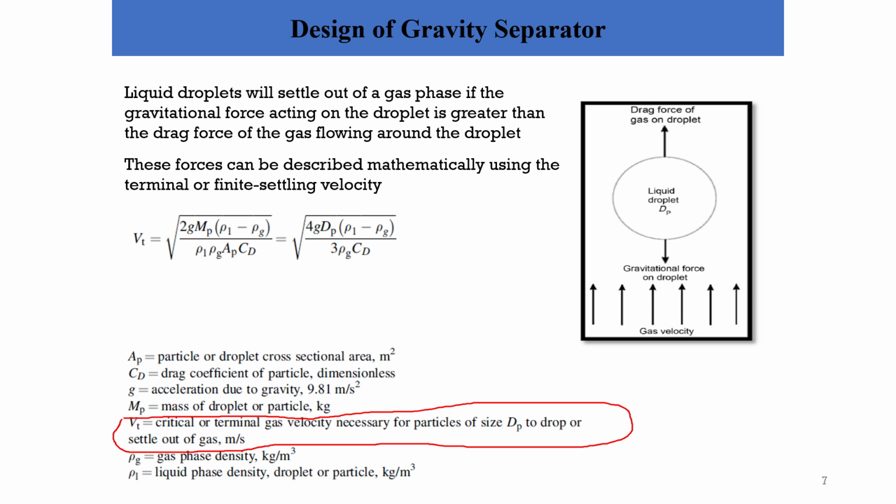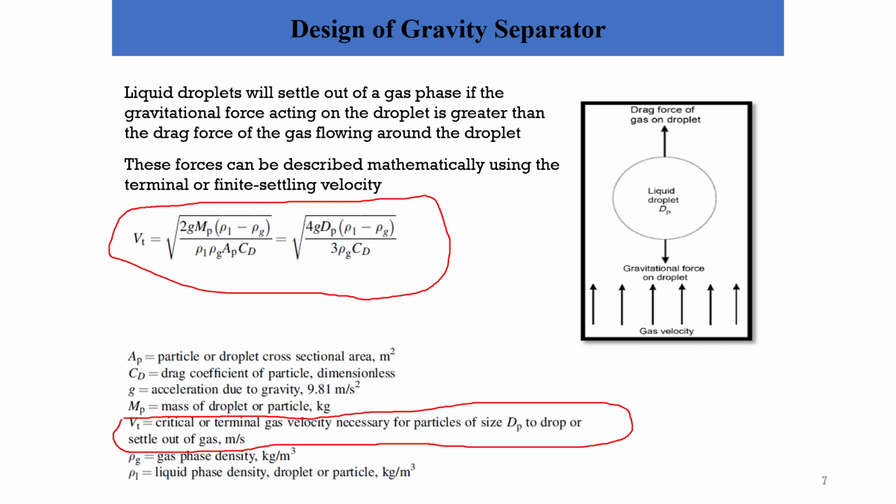So, as we mentioned earlier, the liquid droplet will be removed from the gas stream if the gravitational force acting on that droplet is greater than the drag force. Therefore, I can simply find the Vt, or the terminal velocity, or the critical velocity, as per this mathematical formula, where dP stands for